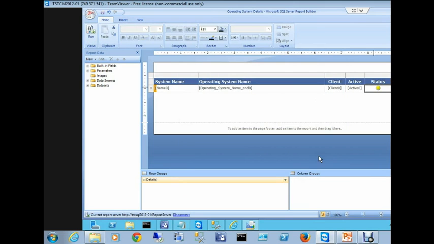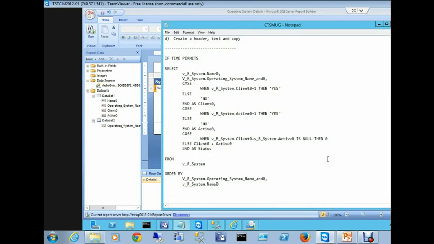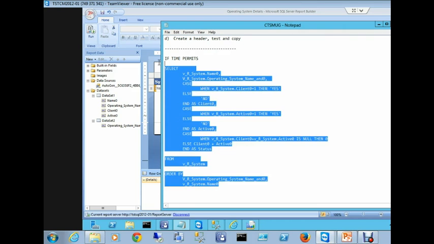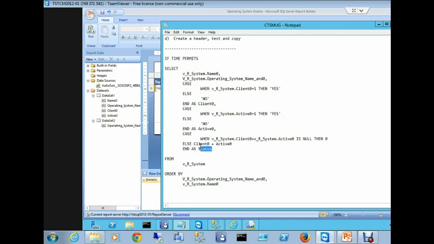Let's put those in there. And I'm going to have to change a query here. So what I'm going to do is take this one and create another. As you can see right here in this section,